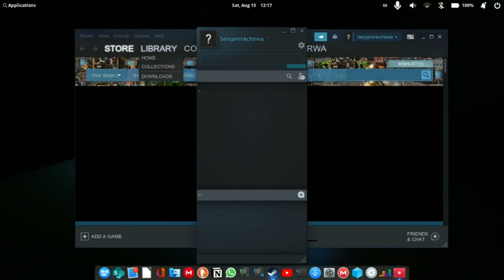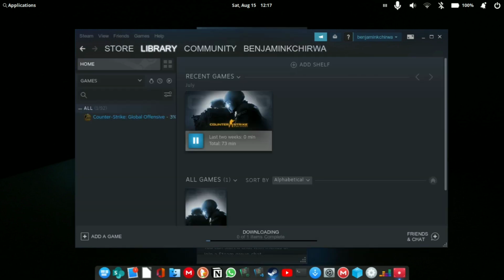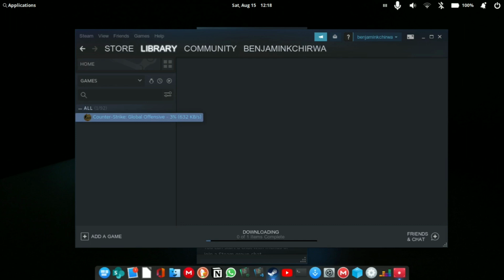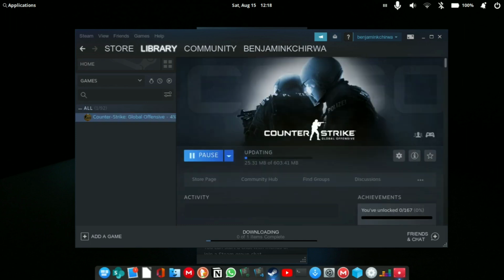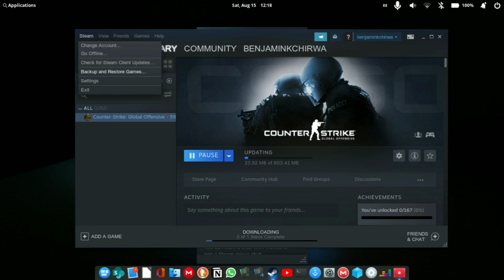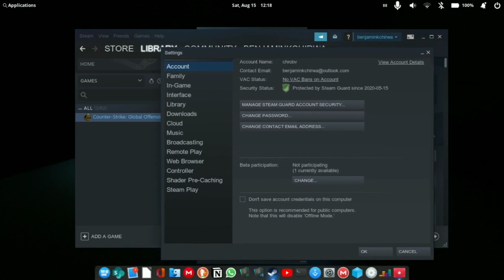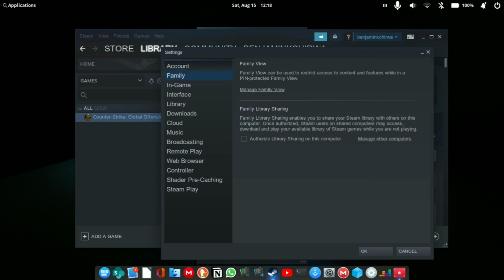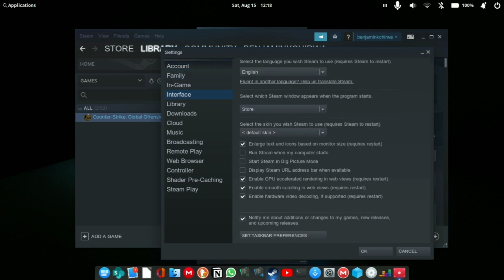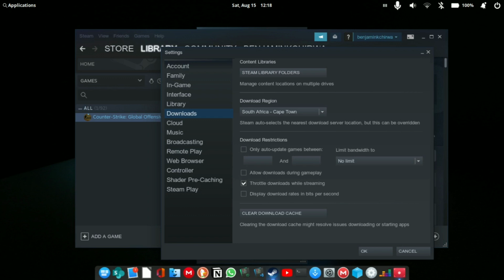So let's go to library over here, and you can see I only have one game, and it's updating again. See, that's the thing. Steam generally is always updating. I don't know if I can switch this off in settings, but for some reason I don't like being behind. Staying behind is just not cool. I always want to remain on the bleeding edge. So downloads,